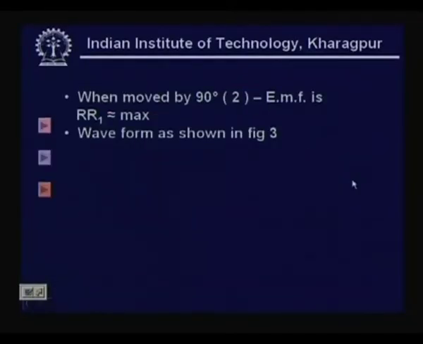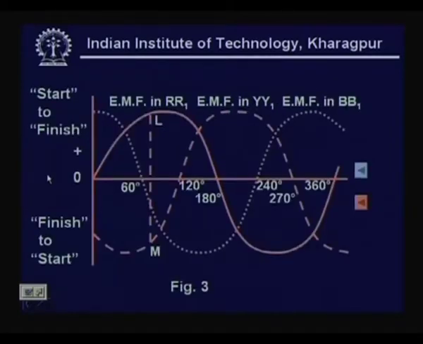Just as you had a 120 degrees physical phase shift between the three coils, you will have an electrical shift, or shift in generated EMF maxima. So, the waveform generated could be like this. As you can see, you have EMF in RR1 shown by a bold line, followed by a dotted line for EMF in BB1 and a hashed line for EMF in YY1. As you can see, there is a time difference